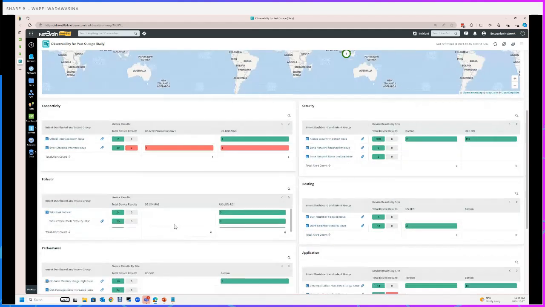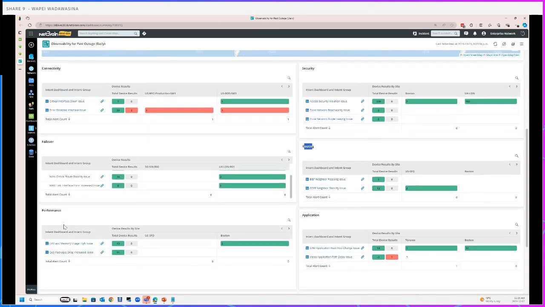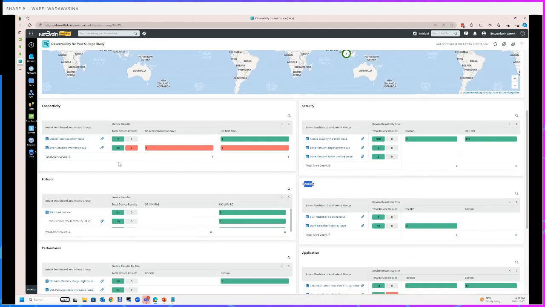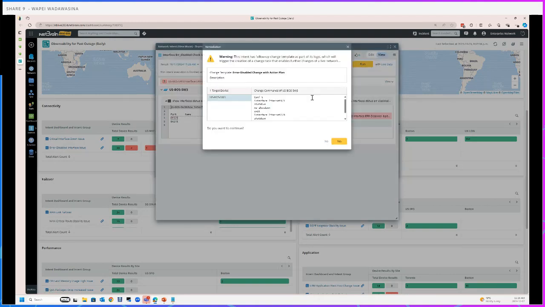And as you scroll down, you will see that I have broken down the past outages into different segments like connectivity, security, failover, routing, performance, application, switching, system. And so these intents are running continuously, right? And whenever it comes across any of these problems, it always gives us an alert. From here you can easily open up your intent, you run the intent, and it tells you, do you want to remediate this, to execute the change? From here you can always go ahead and click yes,